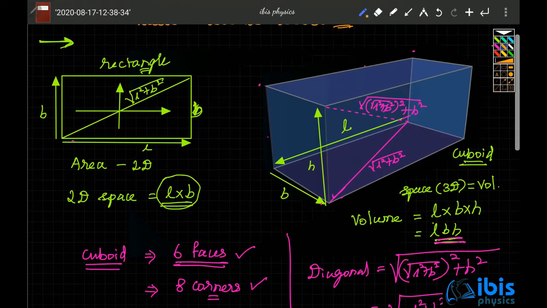What are the other things that we can talk about? See, the floor has got area. How much? The area of a rectangle is L into B. So now how many rectangles are there? You know that 6 faces, each face is a rectangle. This is L, this is B. The area of the floor is L into B. So you know that the parallel face above is the ceiling. If the area of the floor is L into B, the area of the ceiling is also L into B.